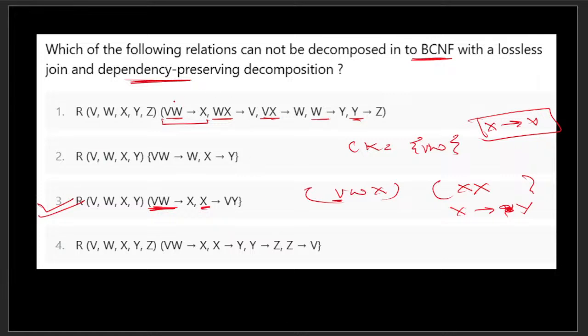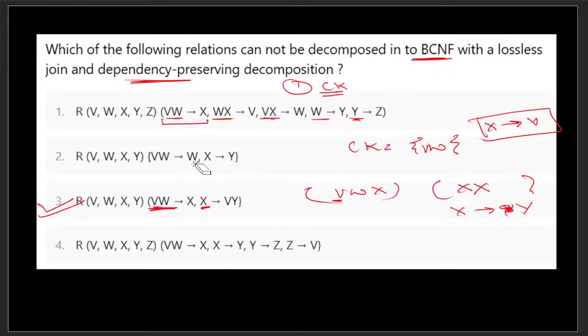If you check the others, similarly for the first option also you have to first find the CK. After that you have to check whether all of them are CKs or not, whether they are in BCNF or not, right? And after that you have to check the lossless join and the dependency preserving. Alright everyone, so these are the several steps which you have to perform. So similarly you can see for